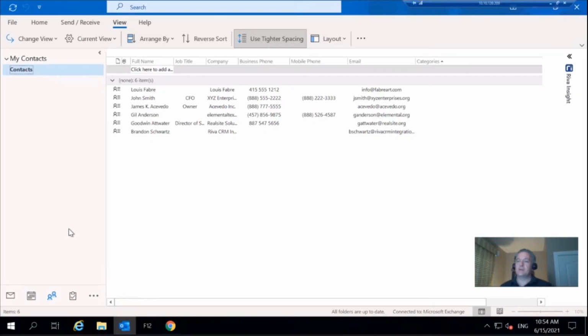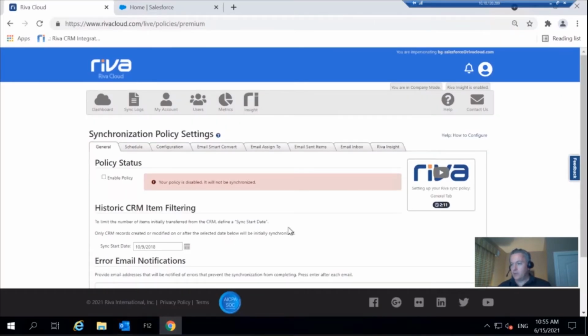First, I'm just going to give you a little visual reference here of my contacts module pre-configuration in Outlook. We can see my default contacts here. There's not too many of them. When we're done and we enable the sync, we're going to see a separate contact folder show up in here, and that's going to be the one that Riva syncs with. So with that, let's go to the administrative portal,